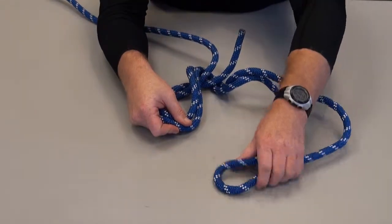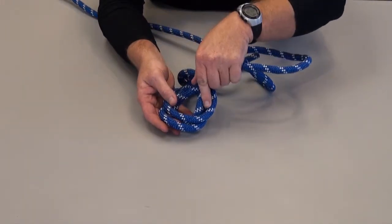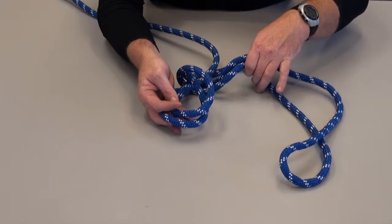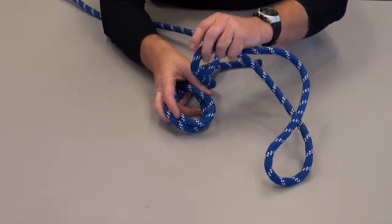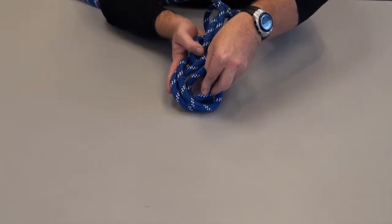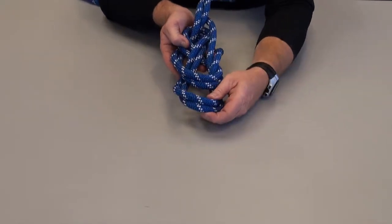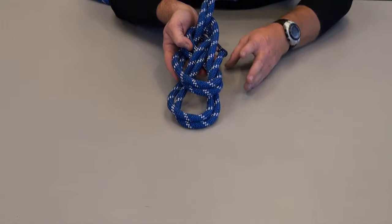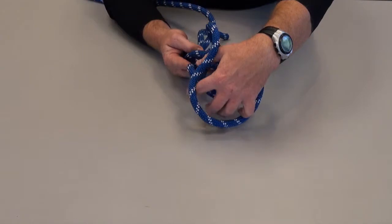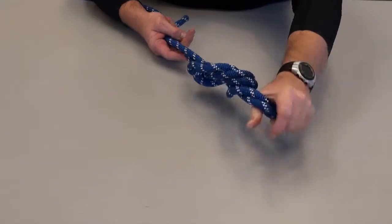Normally, we would push the bite through that opening, formulating our figure eight on a bite. In this application, however, we're going to put the bite to the side. We're going to bring up the middle of that bite of rope, and we're going to push that portion through the figure eight on a bite. As that portion progresses through the figure eight on a bite, we're going to pull up just enough that we can secure it with our hand. Then we're going to take the tail of the bite of rope and we're going to bring it all the way up over top of everything and bring it down to the bottom of the knot, pulling out on both bites,